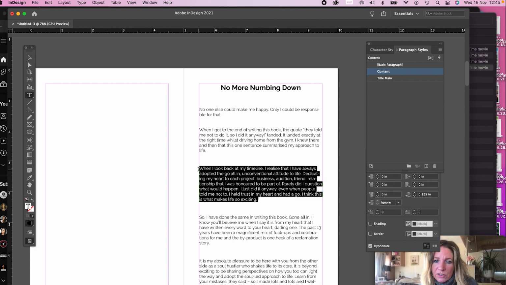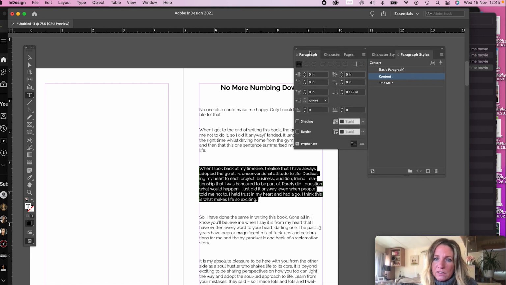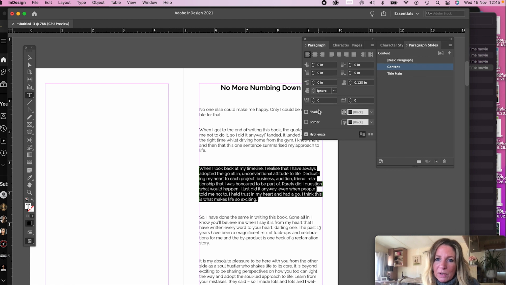I'm going to show you something else. One thing that I really detest is when we have these hyphenated words being broken from one line onto the next with a hyphen. So in order to not have that in any of our content, come over to our paragraph box, which I've just accidentally stuck to my other boxes, but that's okay. And at the bottom there, you see it says hyphenate. So we just uncheck that, and it takes away those hyphens and forces the word onto the